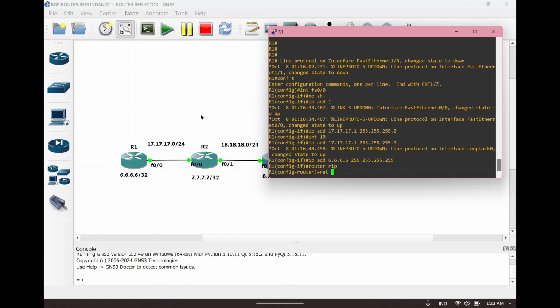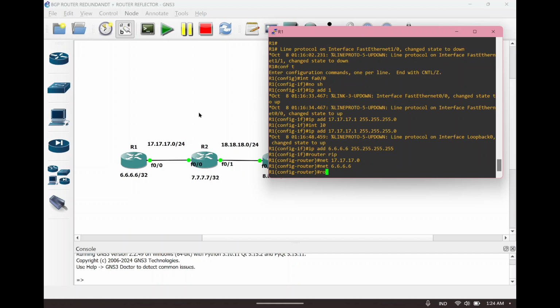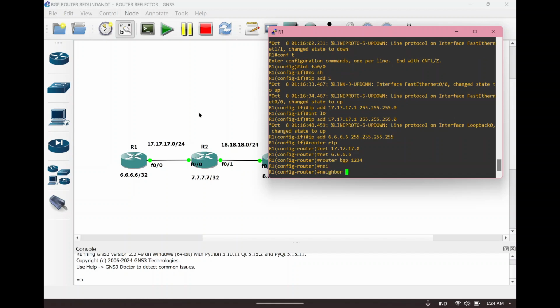This is for making BGP redundant and route reflector to connect the other networks, the different networks too. So enter the network from the port and the router IP. After that, enter router BGP. The number is up to you, but here I use 1, 2, 3 and 4.